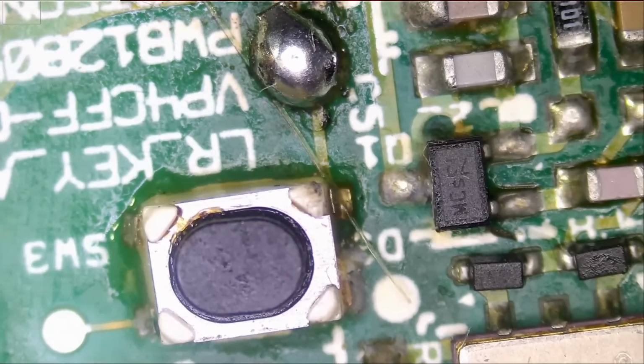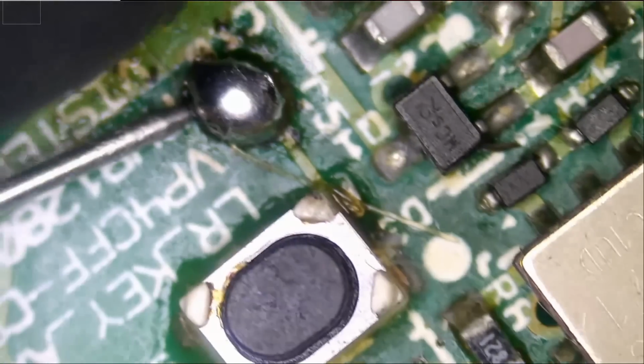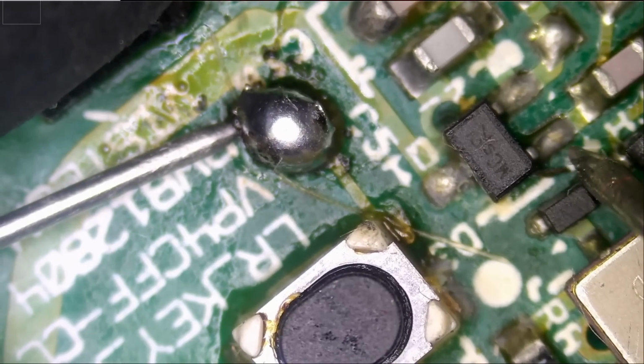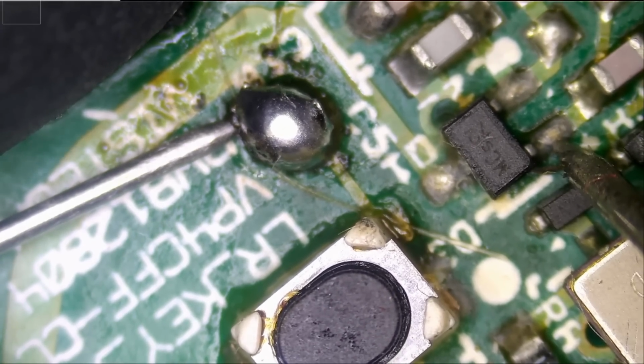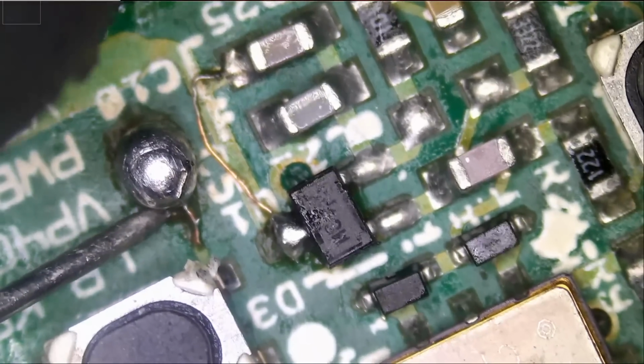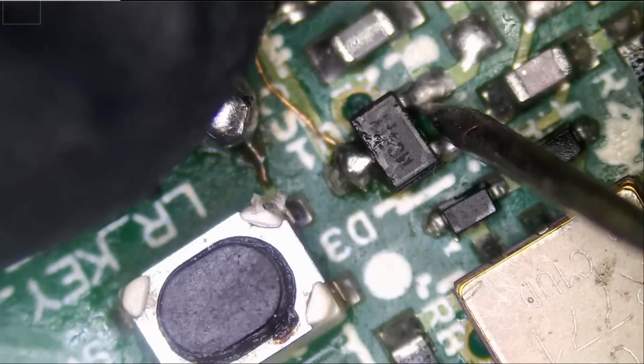MC72. I want to measure this component in diode mode and see what we get. Ground, 0.1, and OL. And what if we press that button? 0.1. If we press the button, it goes down to 0. And that's with the battery connected. Let's do the same thing here. We should get a reading of 0.1, and when we press the button it should go down to 0, but